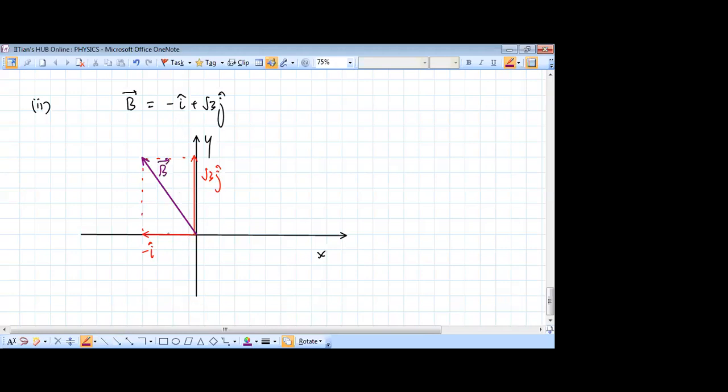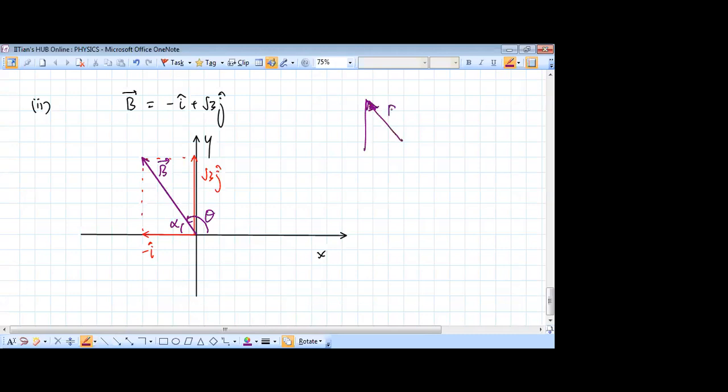The x component is minus 1 and the y component is plus root 3. So this angle would be our theta. So to find this angle, we can start by finding this angle. So we can see that in this triangle that we have drawn for B,